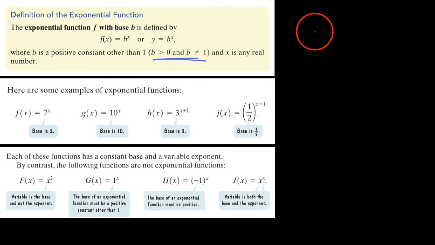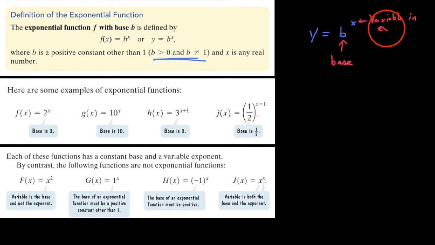So the interesting thing about this function here is that when we talk about exponential functions, we refer to this bottom number here as the base of the exponent. And you'll notice that our variable is in the exponent. So in this particular case, this is different from functions that we've seen in the fact that the variable is actually up in the exponent and the base is a